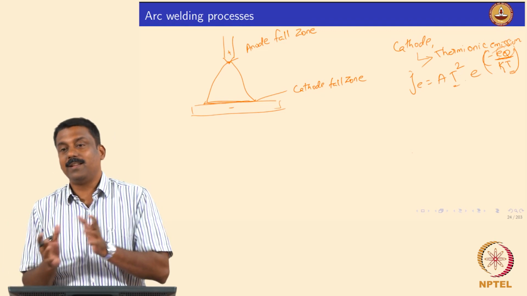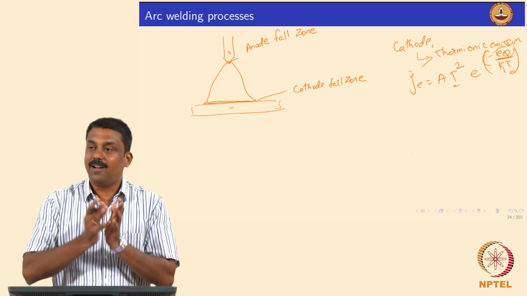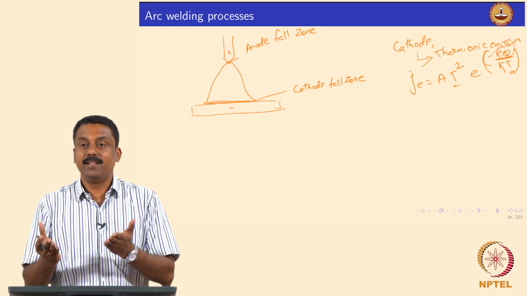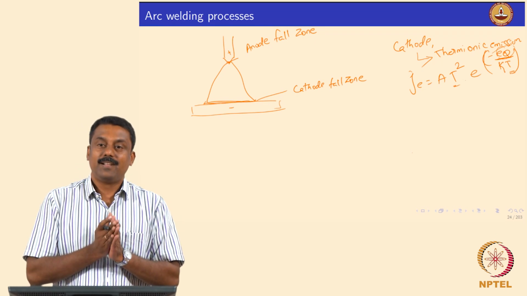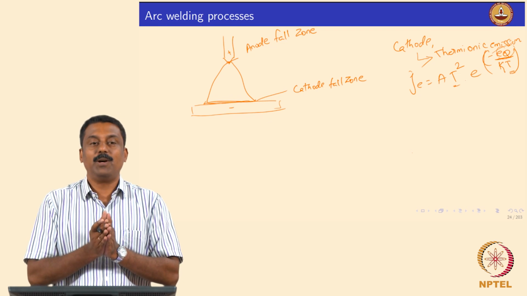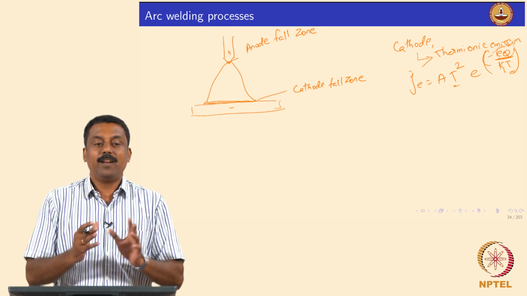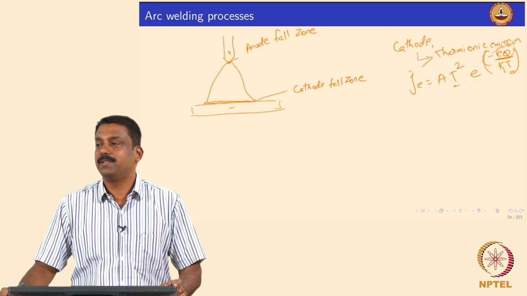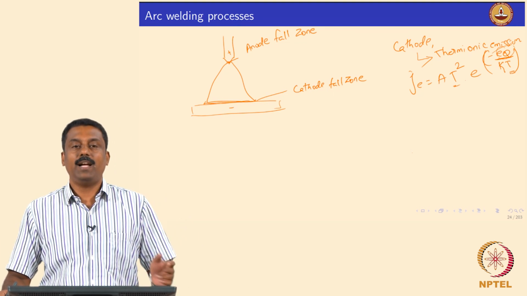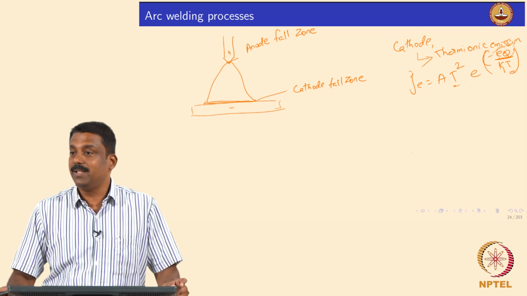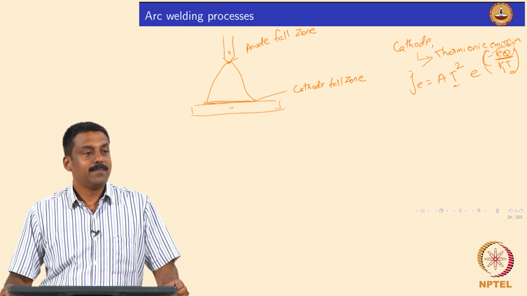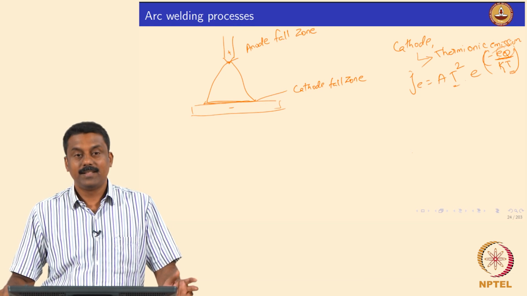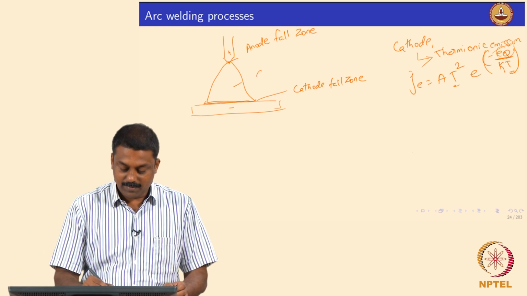We will see in subsequent chapters how these emissions are used to ignite an arc. Arc ignition is done by these two emissions. So when you want to ignite an arc, we will see how we can promote these two processes. That will come in subsequent chapters when you look at the process itself. Now, before going to that, we have to study the third region in this figure, which is the arc column. So, arc column, right.